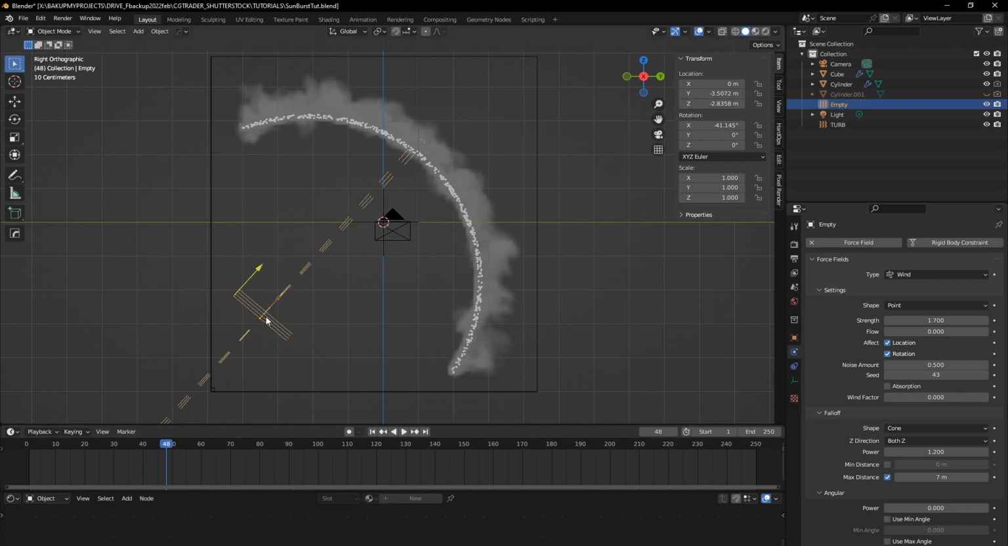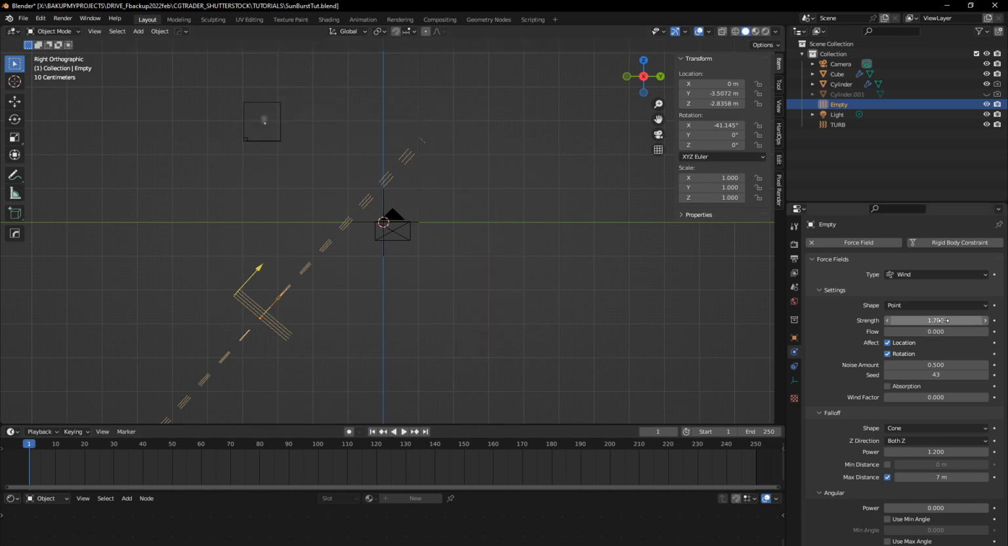So yeah, I just couldn't resist the temptation, and I added another empty within the volume, and I changed it to a wind on the physics tab using a force field, and I really just slightly adjusted these settings, but as a shape I use a cone,